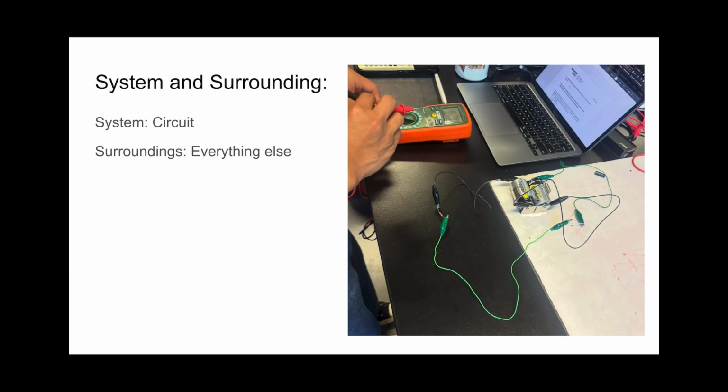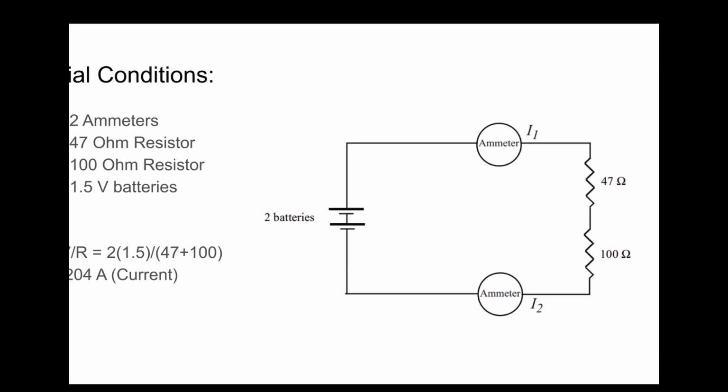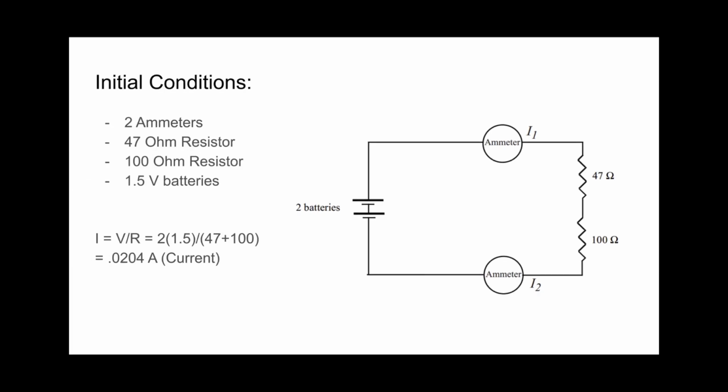Okay, system and surroundings. My system is the circuit, and my surroundings is everything else. So the circuit comprises the batteries, the wires, and the resistors in this picture. Initial conditions. So we have 2 ammeters. They're here and here. I have 2 resistors, one 47 and one 100, and then 2 1.5 volt batteries. And then the predicted current is